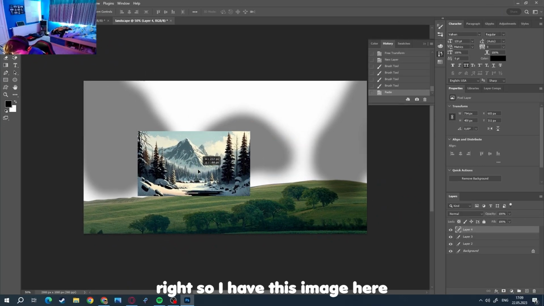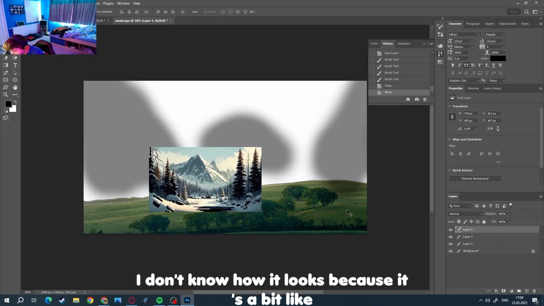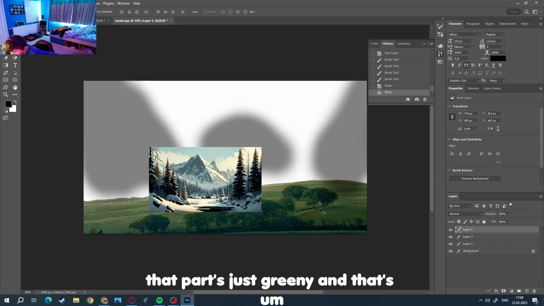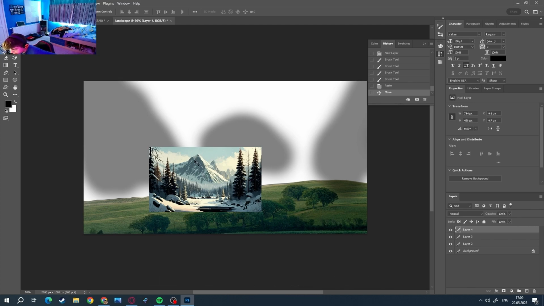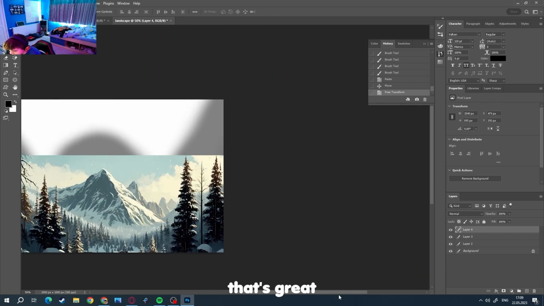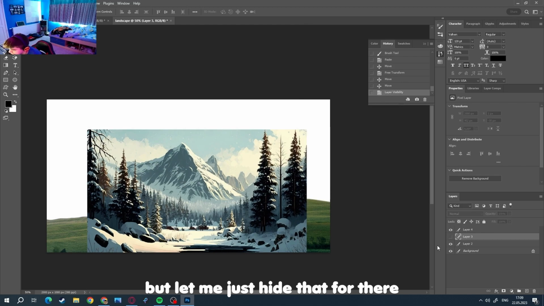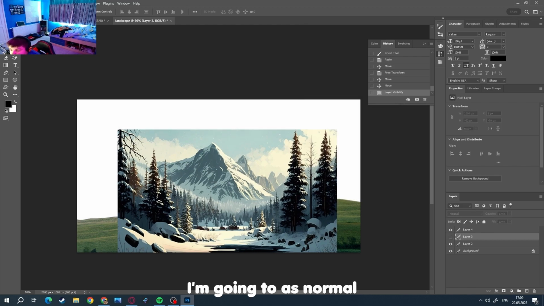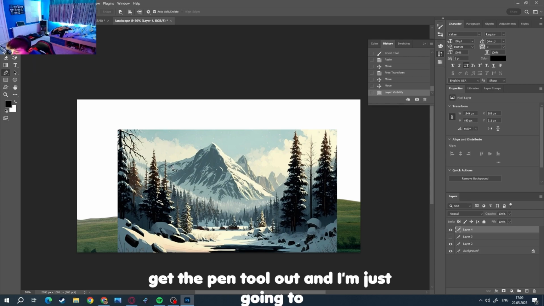Right, so I have this image here. I don't know how it looks because that part's just green and that's snowy. But I'll figure out how to do it. Hopefully, if I resize it, it doesn't look too pixelated. That's great. Let me just hide that for there. I'm going to do as normal. I'm going to get the pen, have this layer selected, get the pen tool out, and I'm just going to